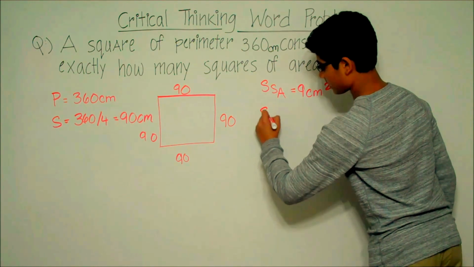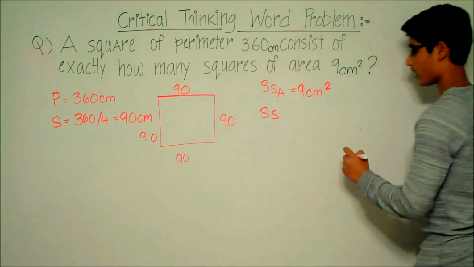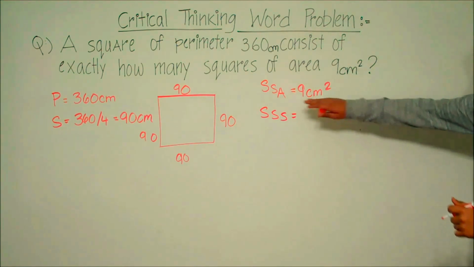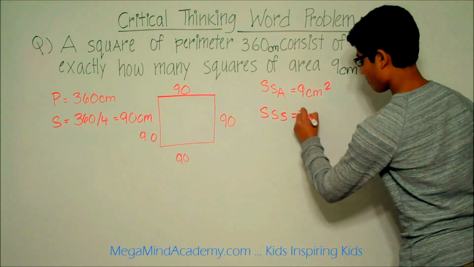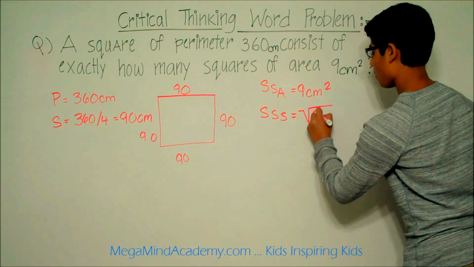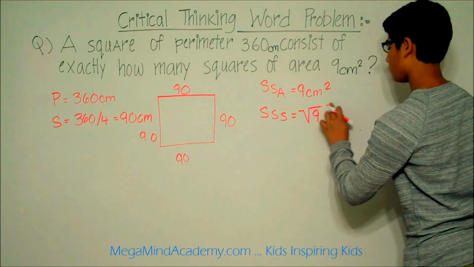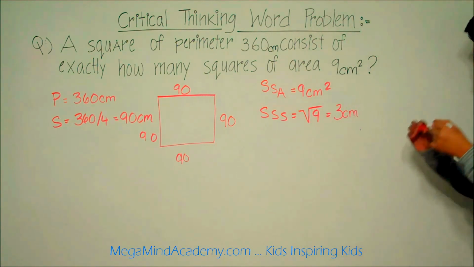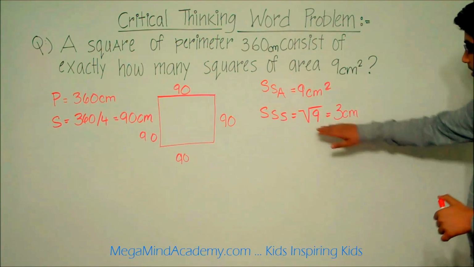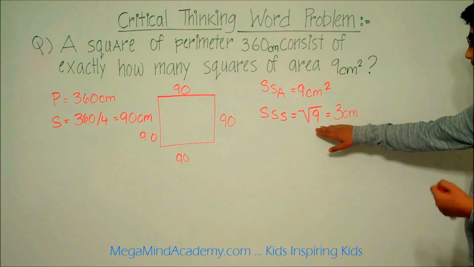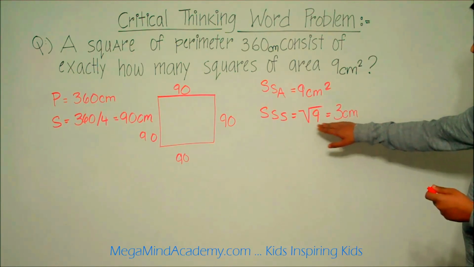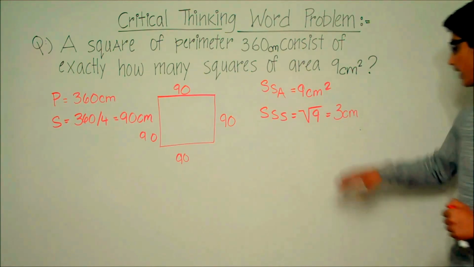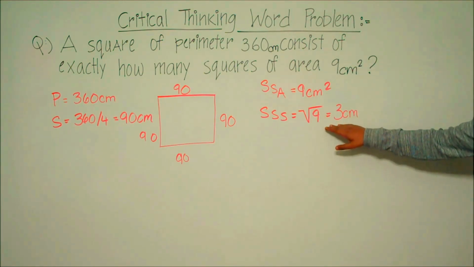So that means that the smaller square's side length is equal to the square root of 9, which is equal to 3 centimeters. So the square root of 9 is 3 centimeters because 3 times 3 is 9. So that means that the length of the side of the smaller square is